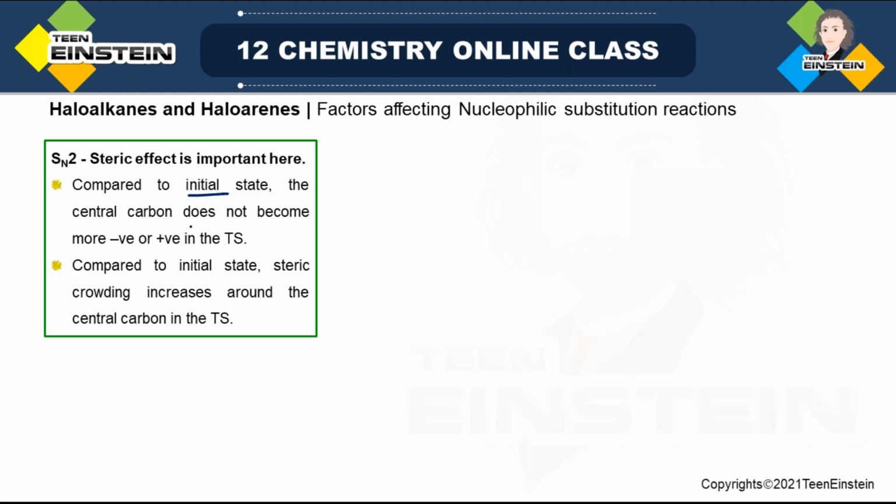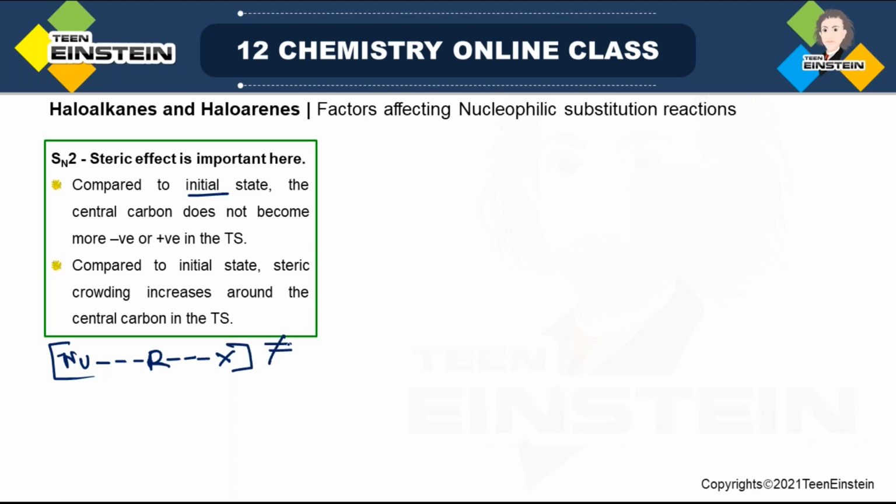So just think about SN1. When you have the initial state, it is RX, and after the first step you get some carbocation R plus. So the bond between R and X is broken. But when it is SN2, it is a single step reaction, and you have the transition state. How is the transition state? The bond between R and X is not fully broken, but it is just at the stage where it will break after some time. And the bond between the nucleophile and R,